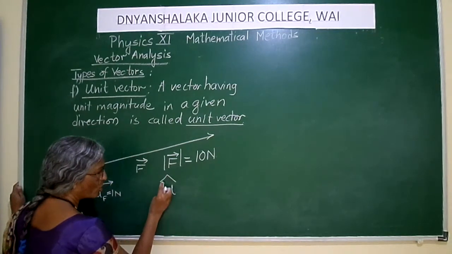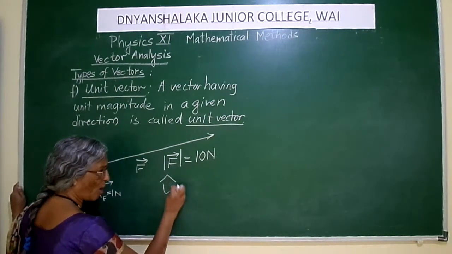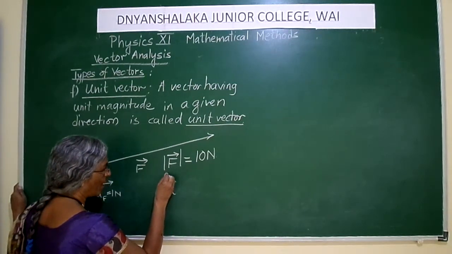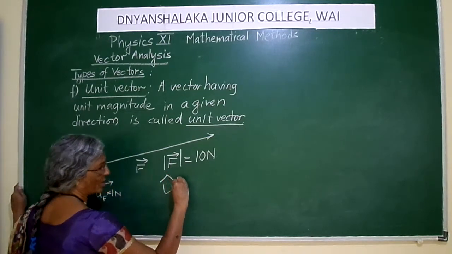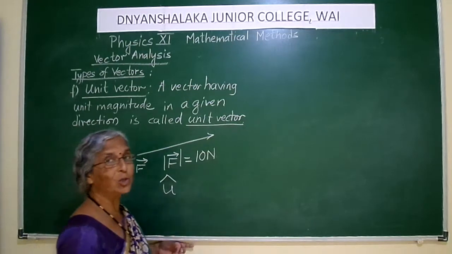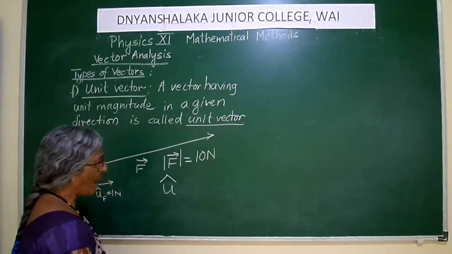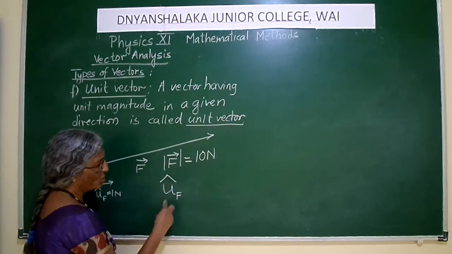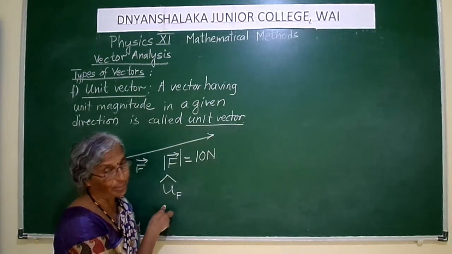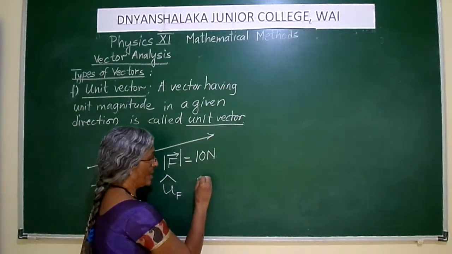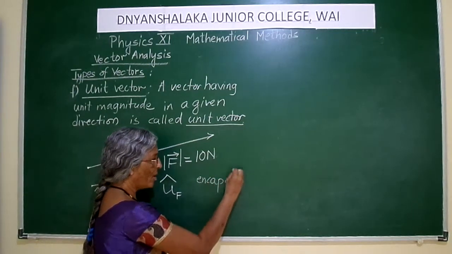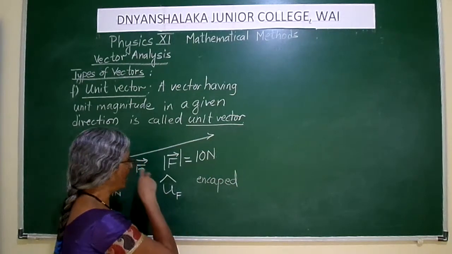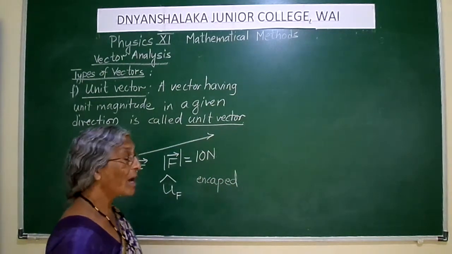vector u. So this u vector, small u vector, but here I am not going to give the denotation of the vector as an arrowhead. What I am going to do is put a cap over its head. क्या डालना है उसके ऊपर? टोपी डालो. So this becomes n capped vector F, and it is the unit vector of which vector? Vector F. So I call this n capped vector uF, the unit vector in the direction of vector F.